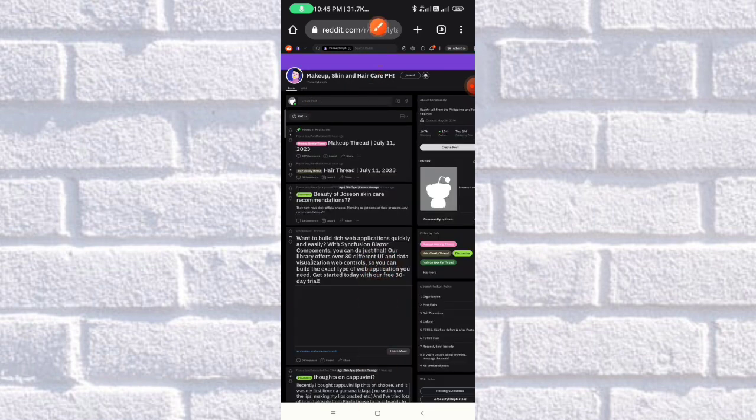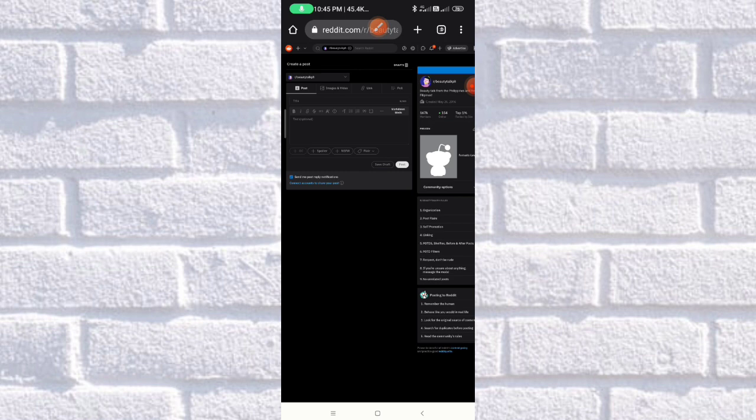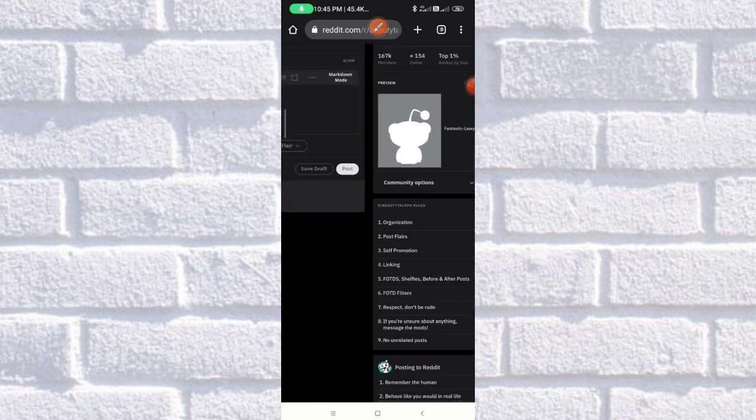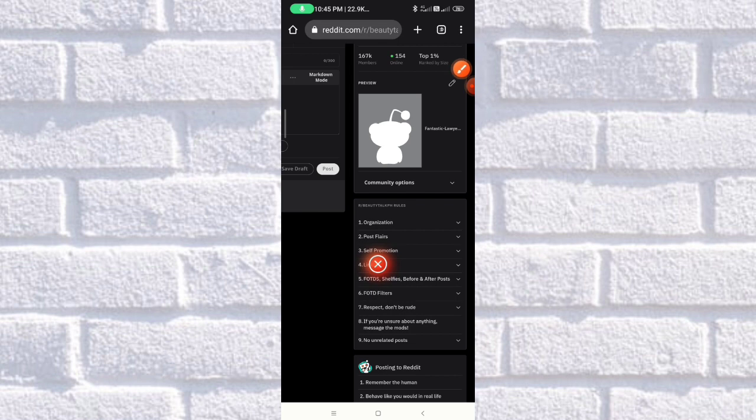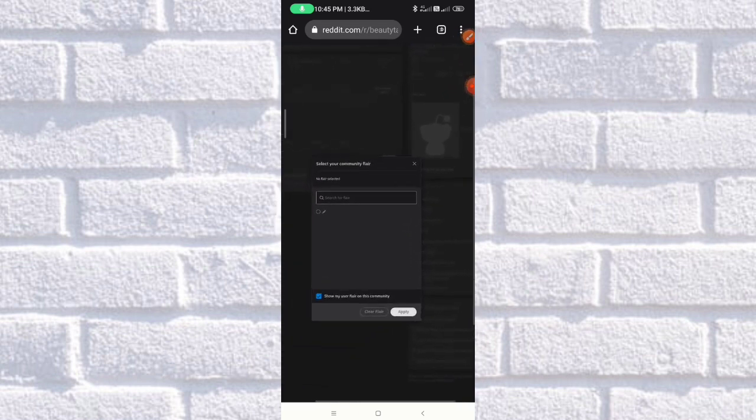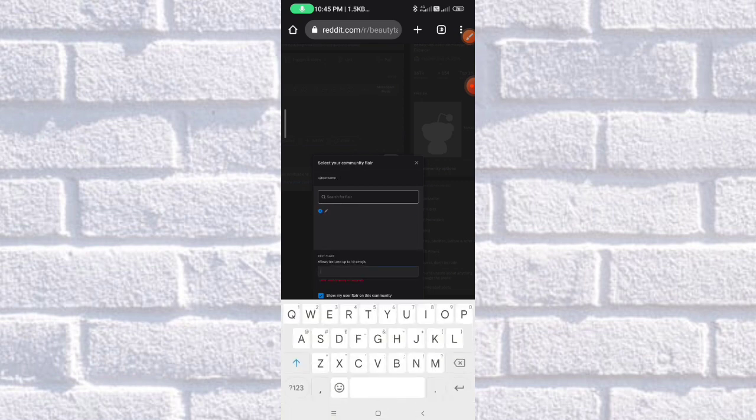Beauty Talk PH. And then what you need to do is to click here and create post here. Click on that. Then as you can see here at the right side corner, there's preview and this pen button. Click on the pen button and this will pop up. So in here, just tap the pen button again, and you could add the user Flair for this community. So I think I'm just going to put something like